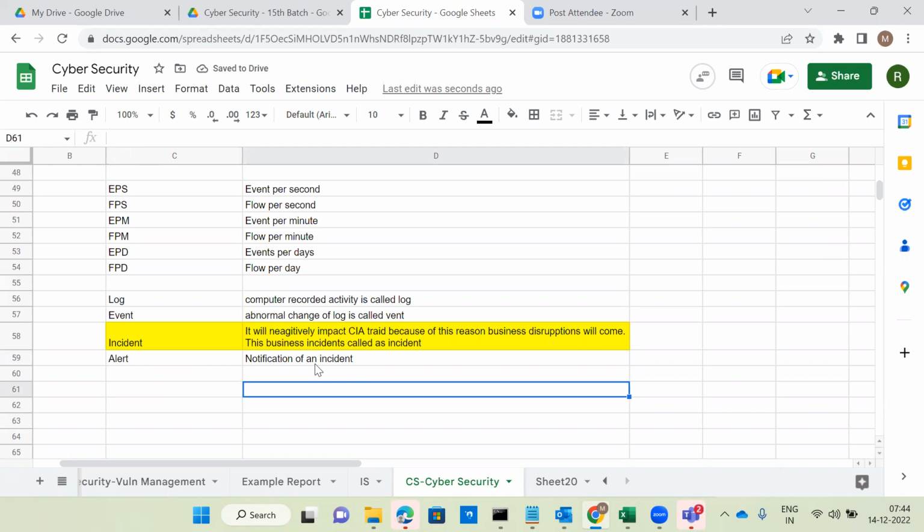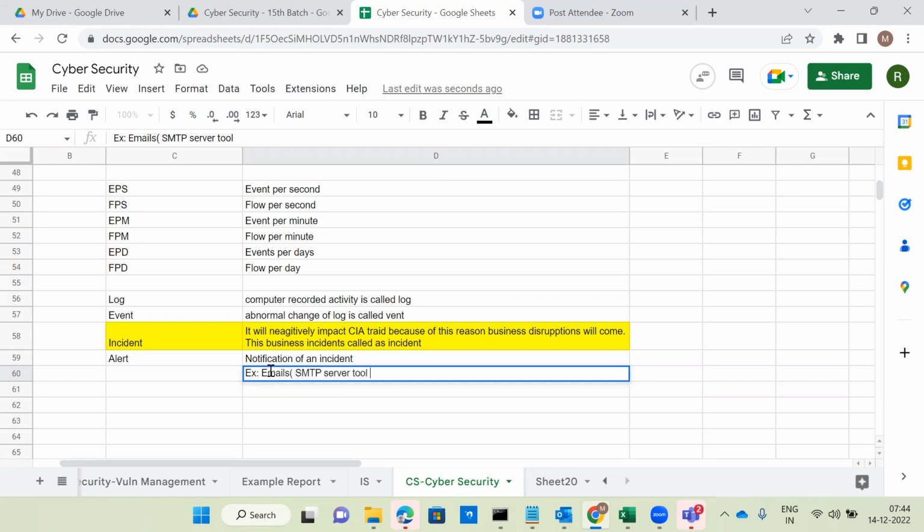So what are the different ways we can generate alert notifications? For example, we can receive them through emails. When you say emails, it comes through SMTP server integration. Every tool in the organization has to be integrated with the SMTP server. Or SNMP traps.